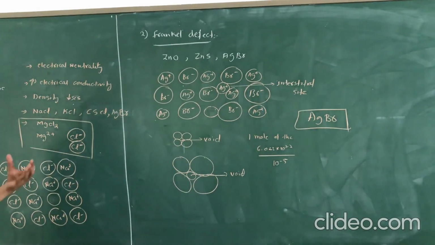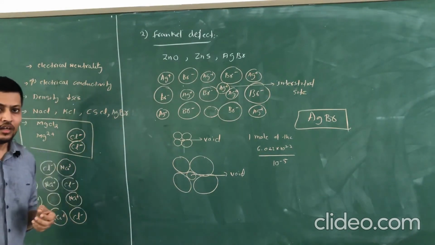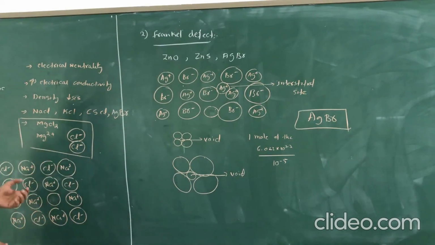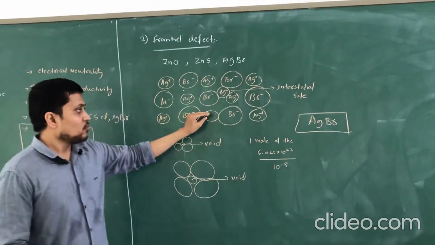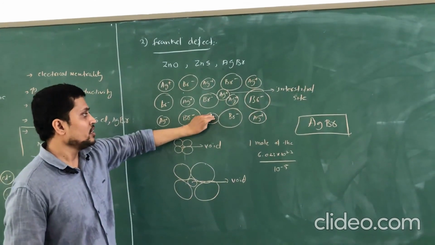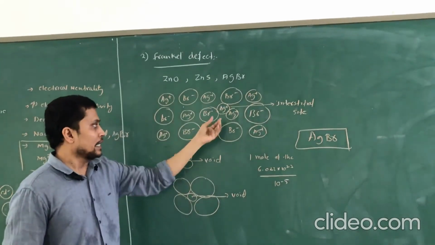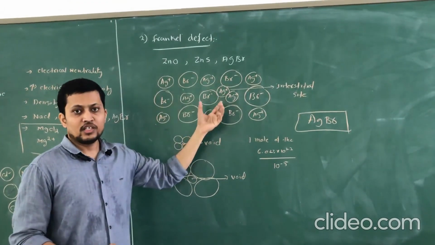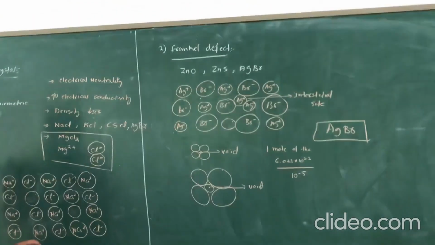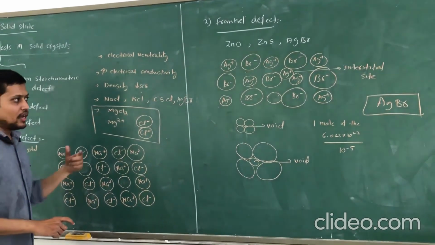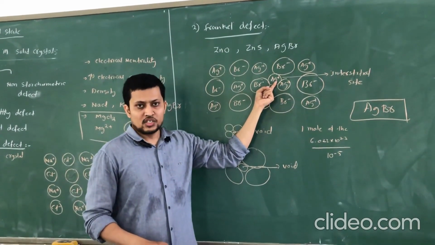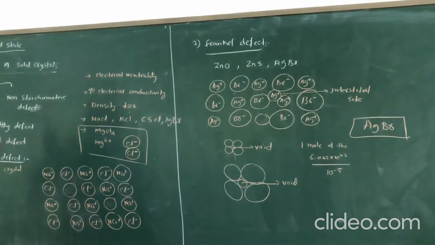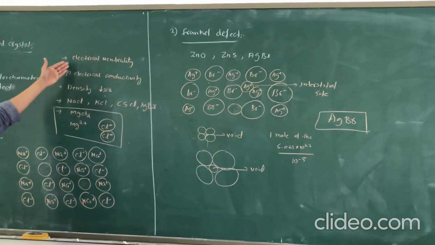To remember this, when we are listening, it is very easy. But when we are writing in the exam, we may get confused. So remember that in the Schottky defect, there is a shortage of anions and cations. But in the Frenkel defect, one of the small ions, like a small cation, just moves to an interstitial site. Schottky means a shortage of anions and cations in the solid. And there is no shortage in Frenkel. One of the cations is occupying an interstitial site.